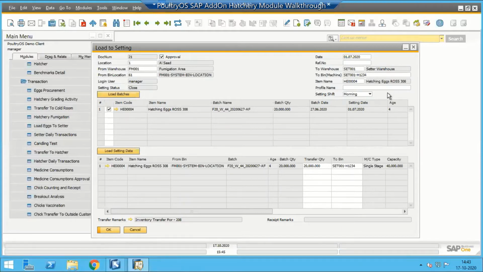And the most important thing is the system showing the age of eggs. So on the basis of that, you can take a decision which batch you are going to set, because let's say your age is 10, so you can take that batch first for doing the setting. So this is the most important factor we are putting here. So this basically works as planning for your setter.